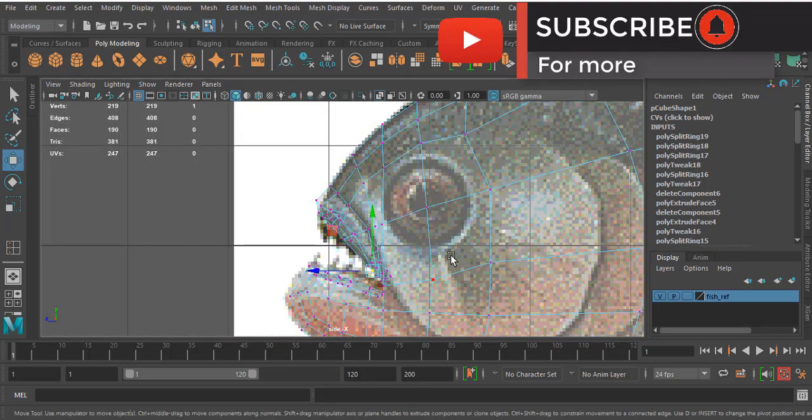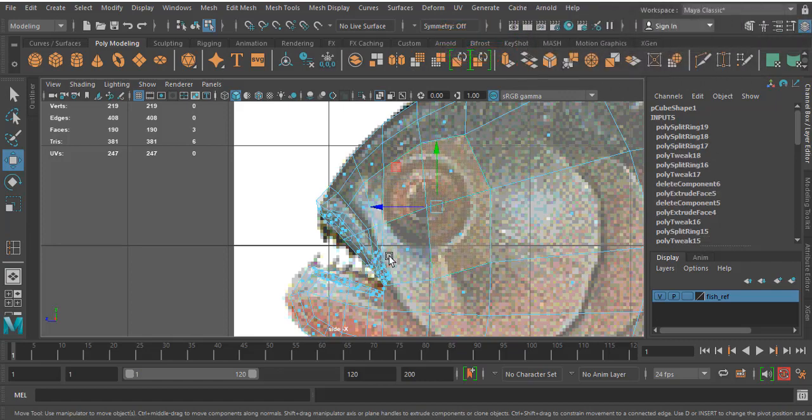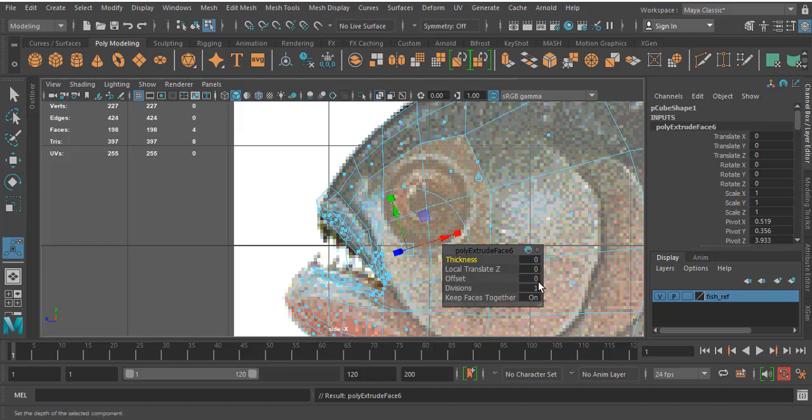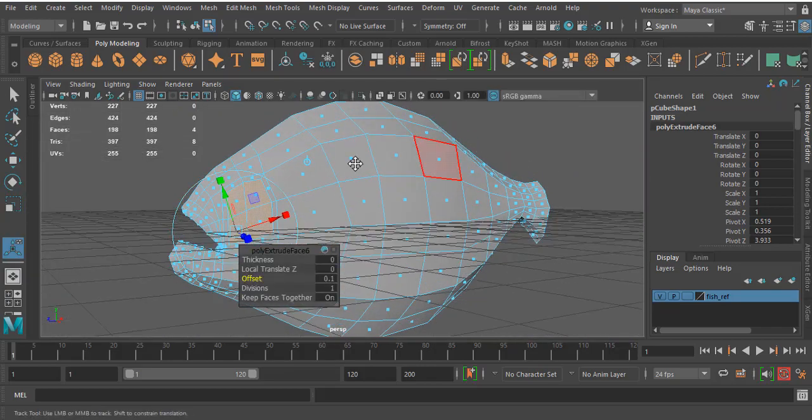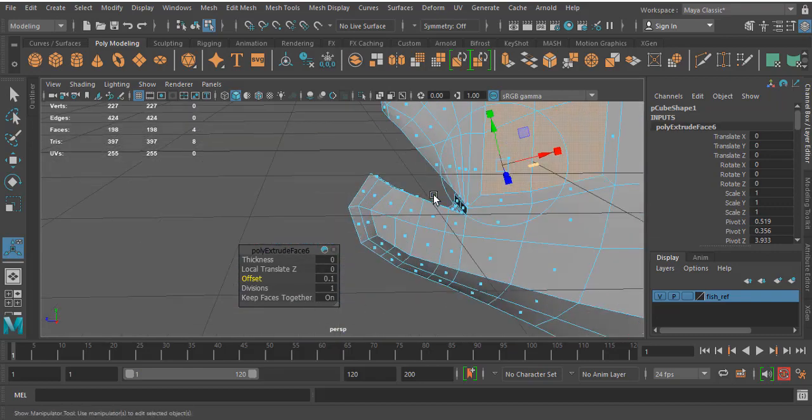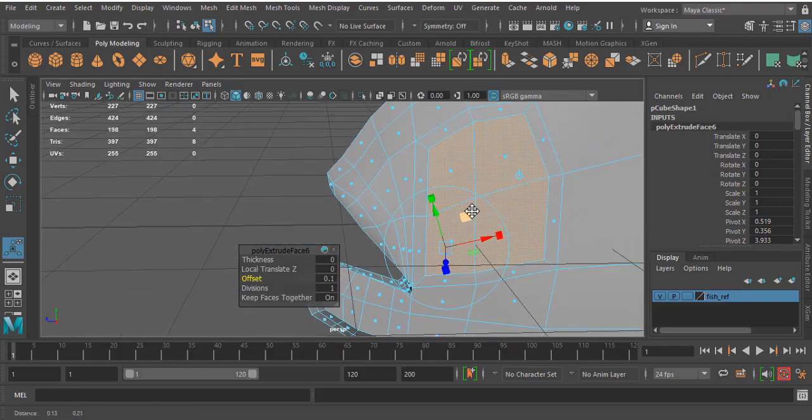Now I am going to select this eye portion. Select these four vertices, faces, extrude, give the offset option 0.1. Okay, now this one will be like this. Once I give the offset value over here, it will come like this.